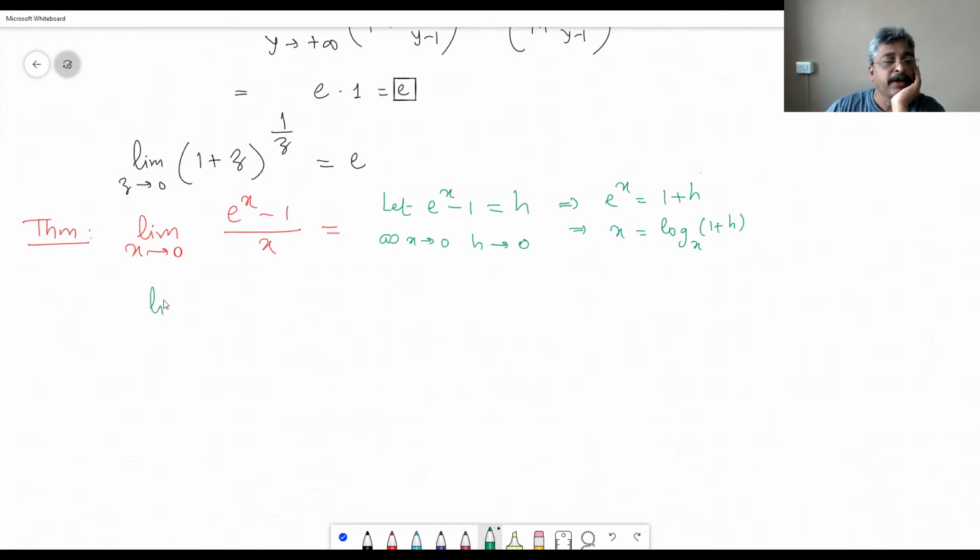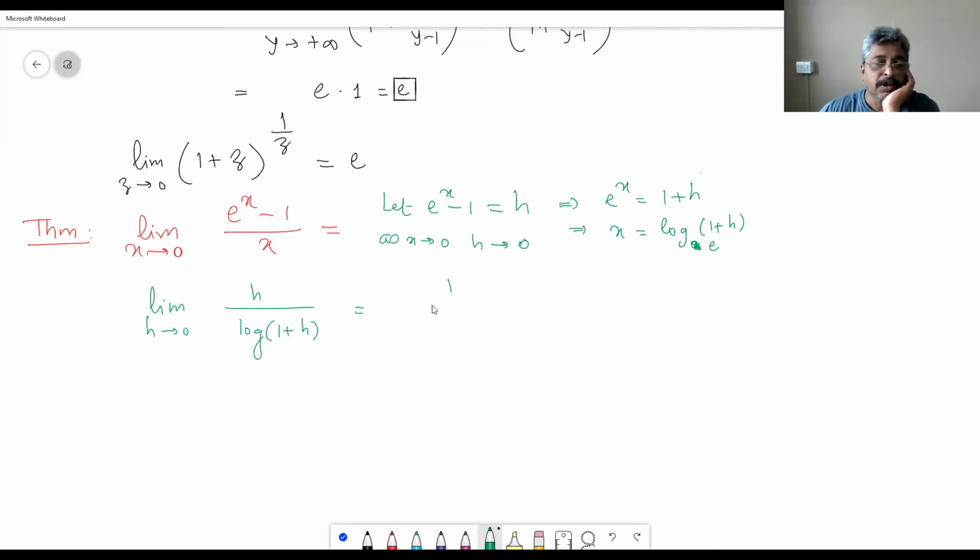Okay, so limit h tends to 0, h upon what x, that is log 1 plus h to the base e, that is logarithm to the natural base,